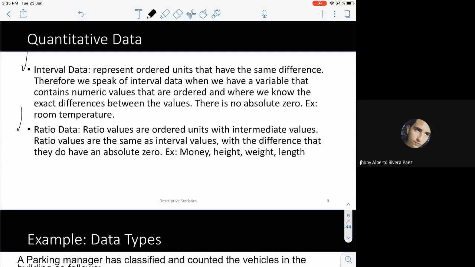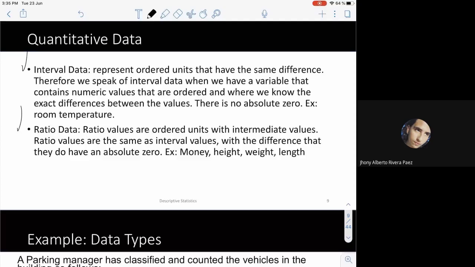No, it doesn't mean that there's no temperature. It's just a scale where there are positive and negative temperature values. So it doesn't mean that there is no temperature. It's just like a scale, and we can say that that is an ordinal variable, I think. Yeah, that's correct. It's just on a scale where the zero is not an absolute value. It's not an absolute zero. In the ratio data, the zero represents the absence of the property. So if I say that the room temperature is